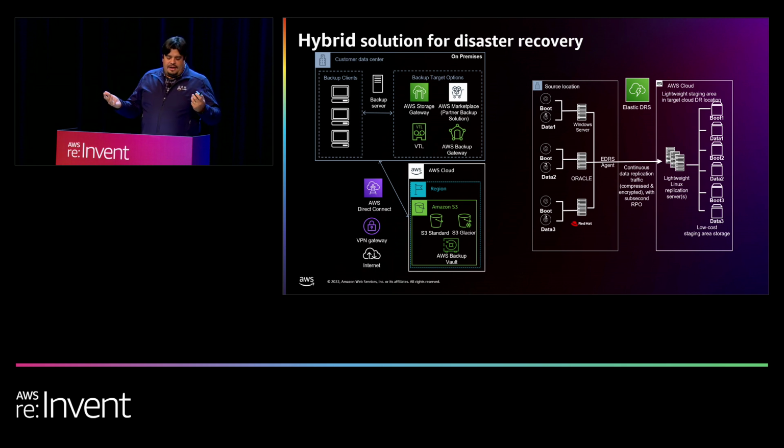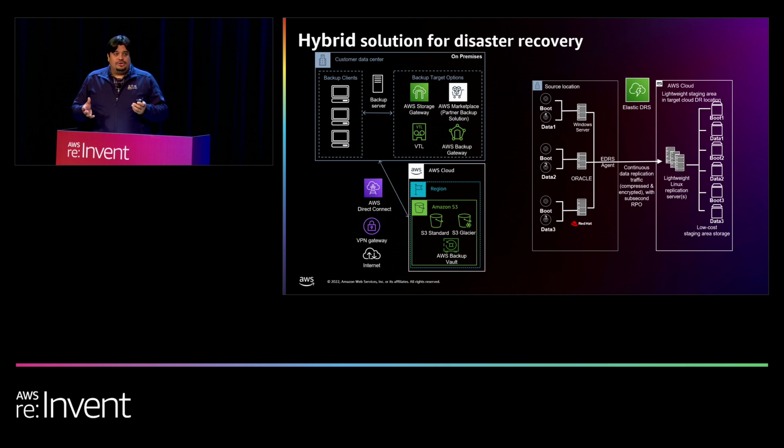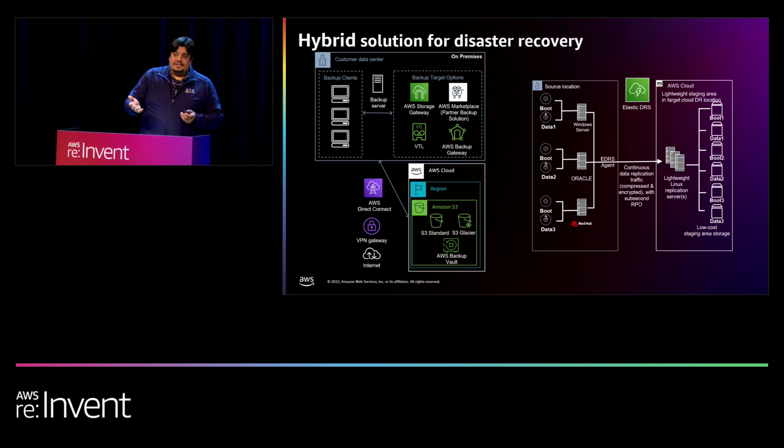We also have options available from partners, different solutions available on Marketplace that you can use as a target for your backups. And finally, AWS Backup Gateway, which is part of the AWS Backup solution, is a gateway created to protect specifically VMware virtual machine workloads. So with AWS Backup Gateway right now, you can deploy an appliance on your ESX cluster and start protecting that cluster. All the virtual machines available on that ESX will be listed on the AWS Backup dashboard, and you will be able to tag them and protect them the same way you protect all the other services on the cloud.